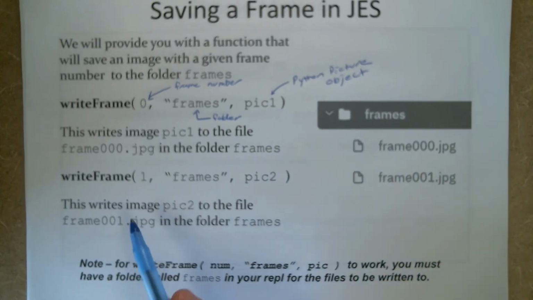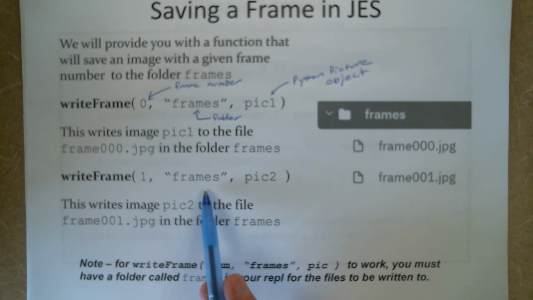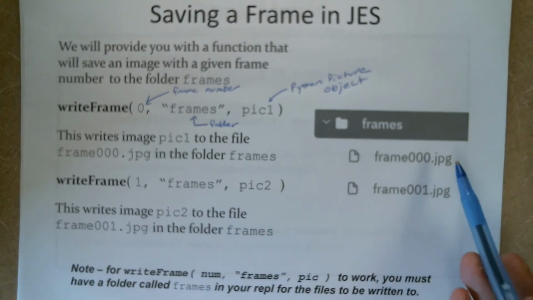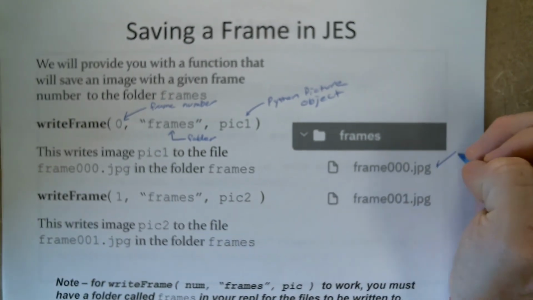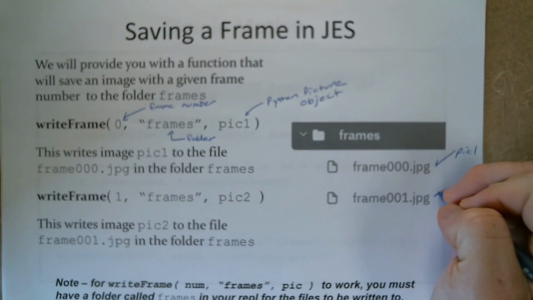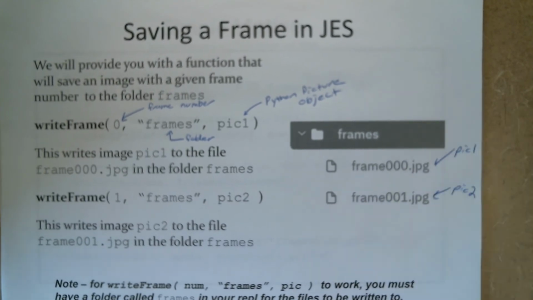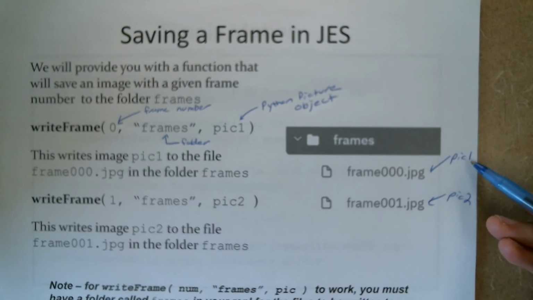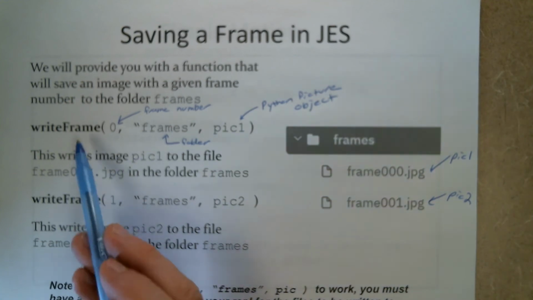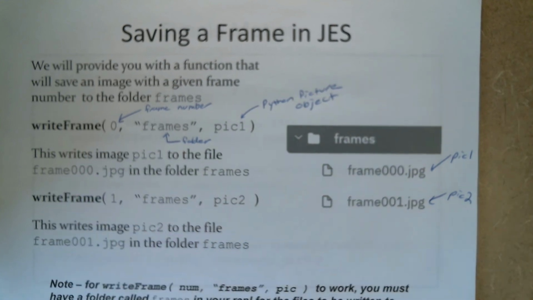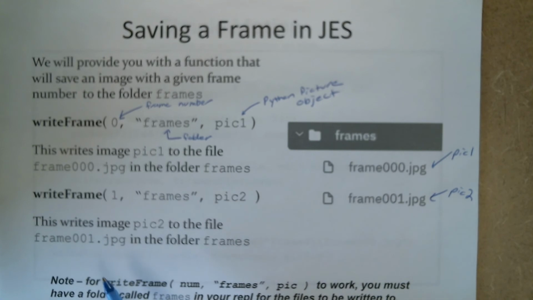And then this is just showing that if I change this to write frame 1, still use the frames folder, but this time write pic2, this one is going to be a file that has pic1 in it. This one's going to be a file that has pic2 in it. And if those pictures have slight adjustments that follow logical patterns of movement, our eye is going to perceive that as smooth movement through the screen. So these are some of the commands that we're going to be using, not the only ones, but this is our first tool that we're going to need to start creating